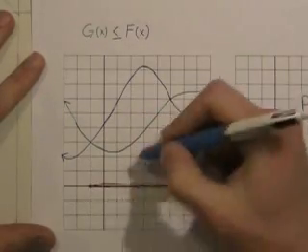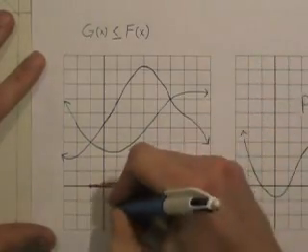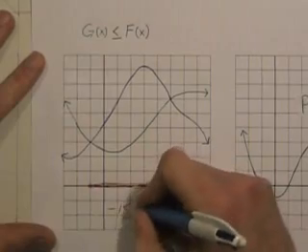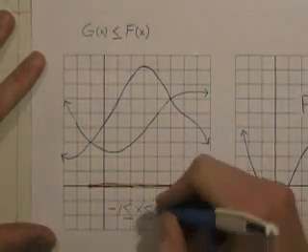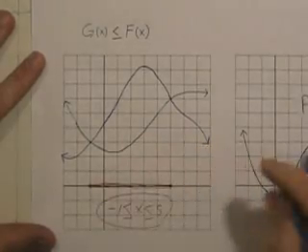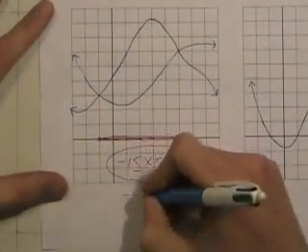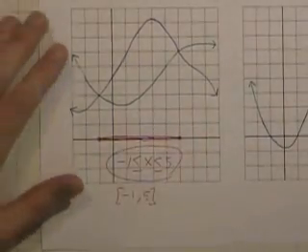Now, you don't need to know what the graphs are, it doesn't matter. You just need to know which one is on top. So that would be minus 1 is less than or equal to x is less than or equal to 5. That's one way to write it. Or the other way to write it would be minus 1 comma 5 bracket. And finally,